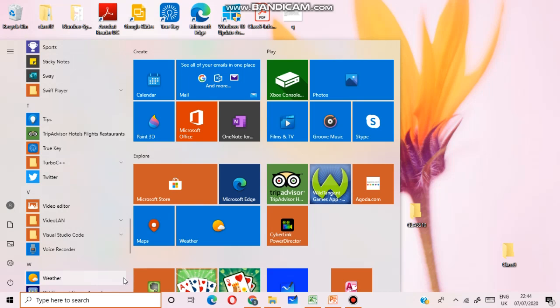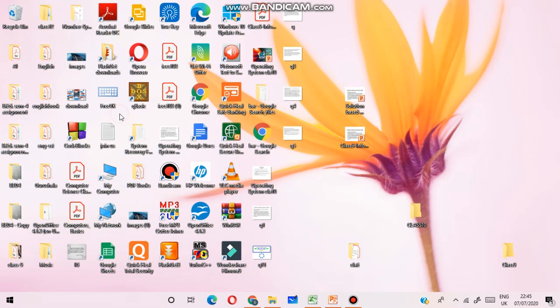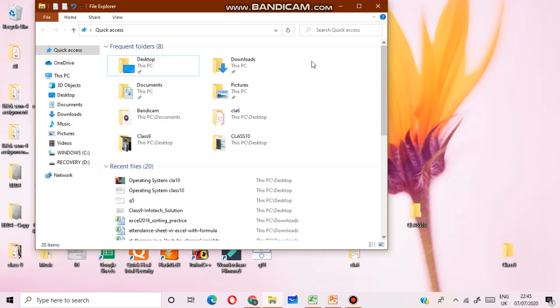Click on Accessories. Here you can see the accessories. Click on Windows Explorer. This is called Windows Explorer.